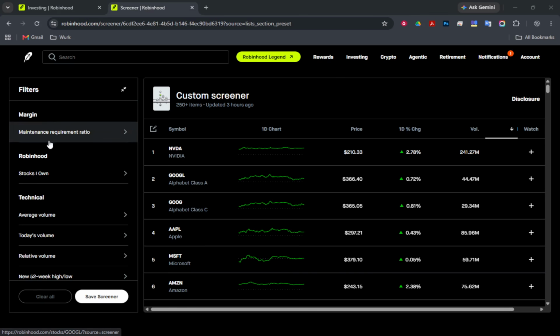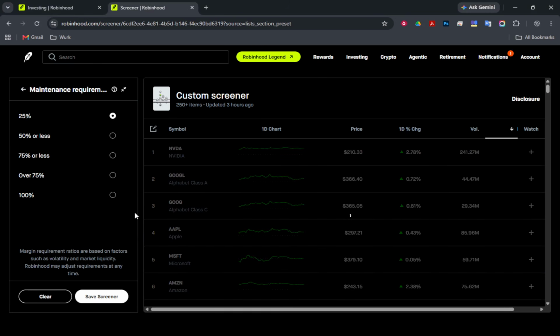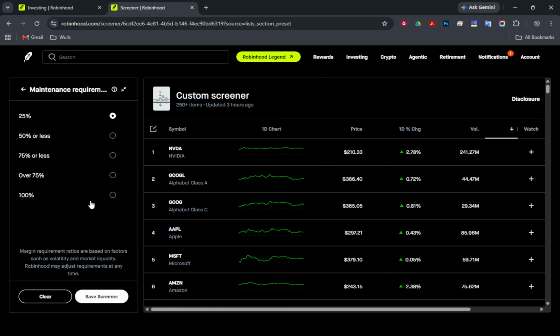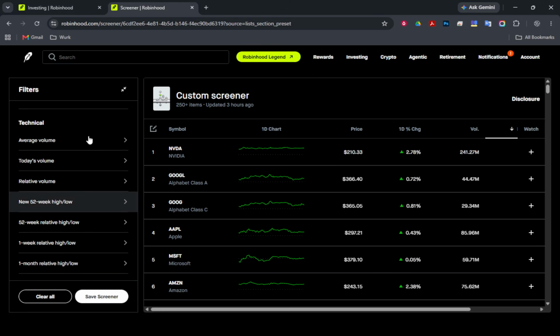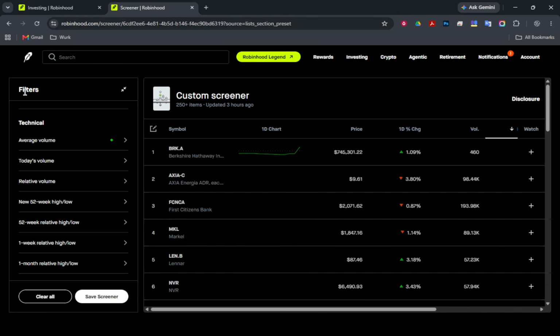To give you a clearer picture, let's explore some example screeners. If you're interested in finding large established companies, set the market cap filter to large. Pair this with analyst ratings set to buy or hold, and ensure the average volume filter is set to high. This approach helps identify stable companies with positive analyst reviews and significant trading activity.